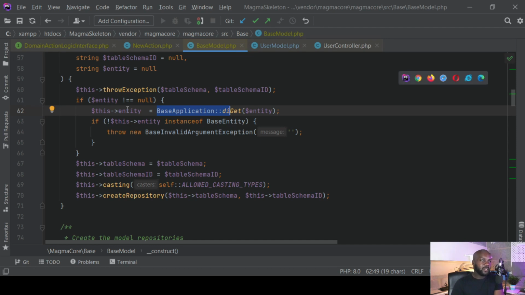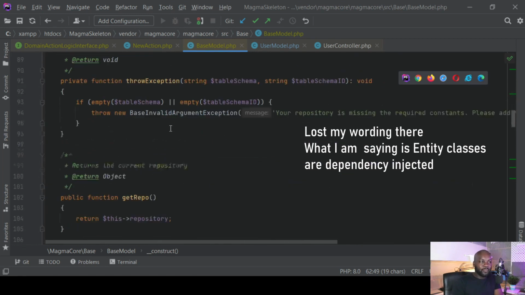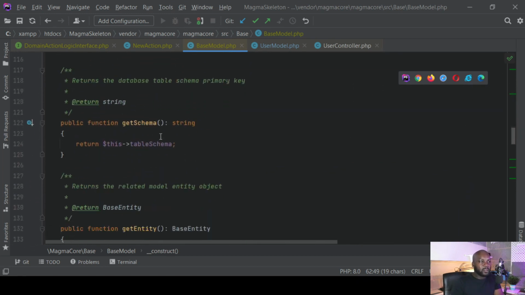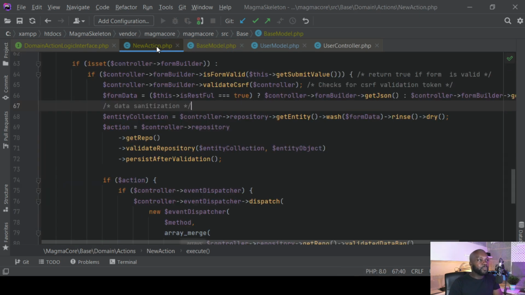So as I was saying, this entity is calling the base application, which is using the di get method, which basically puts that into a container and it's going to automatically do its business for us, right? So we can then return that property as a method down here called get entity. That's how we're able to now access our entity object, because we've returned it as a method within our model. So if I go back to new action,